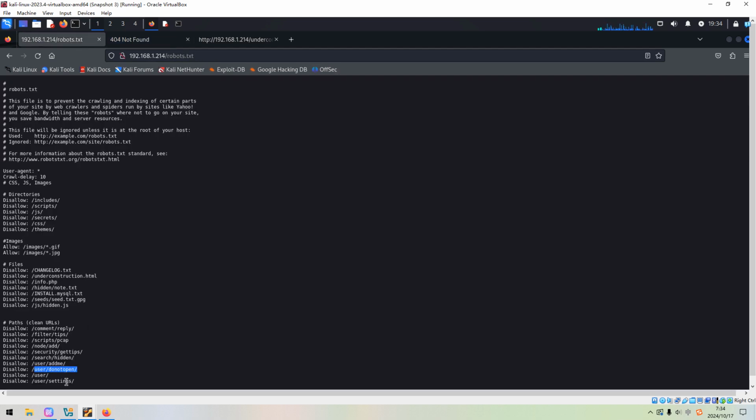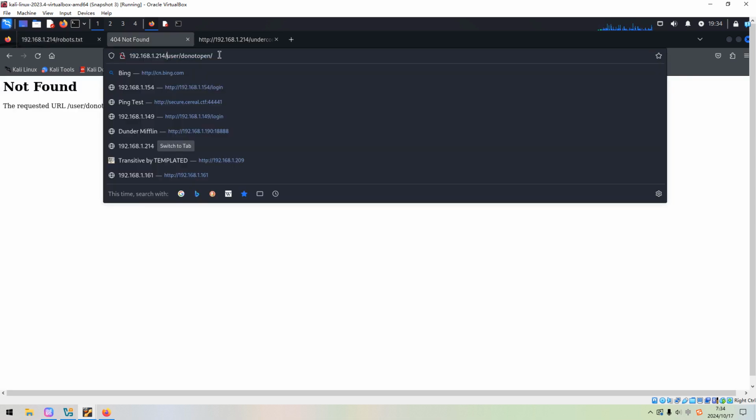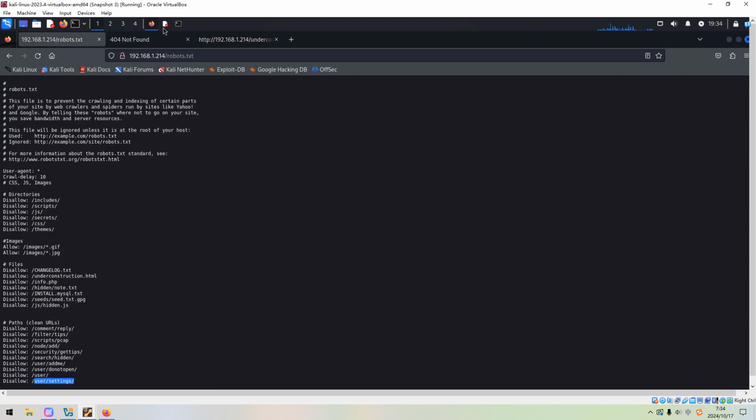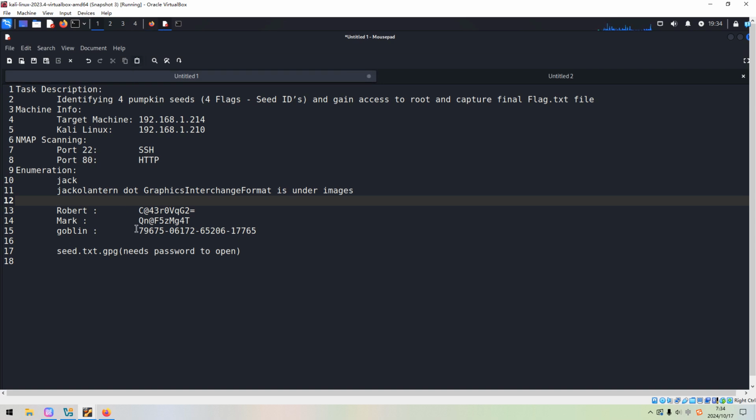We will user settings. All right, I think we have already completed enumeration for all entries in the robots file. And so how to use what we have already got.